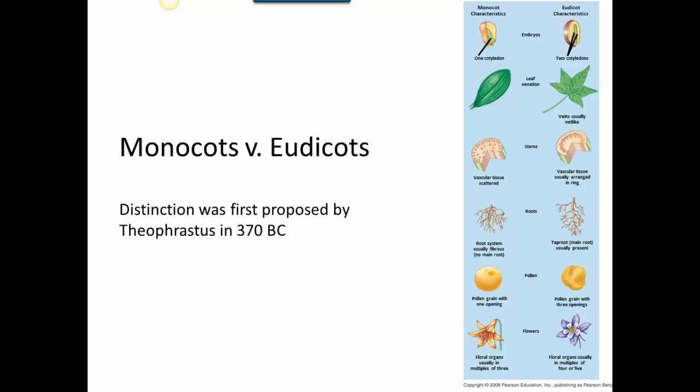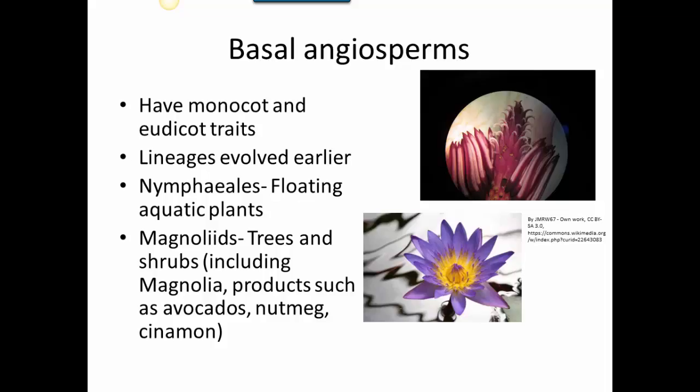the eudicots. And now I want to go back and take a look at those basal angiosperms, many of which used to be considered dicotyledons, and we don't use that term anymore. And I think you'll see why their placement was confusing for so many years. So the basal angiosperms have monocot and eudicot traits. Many of them possess traits of both monocots and eudicots. So this was really confusing for a long time to figure out, well, are these organisms dicots or are they